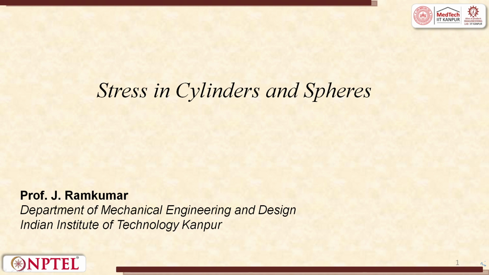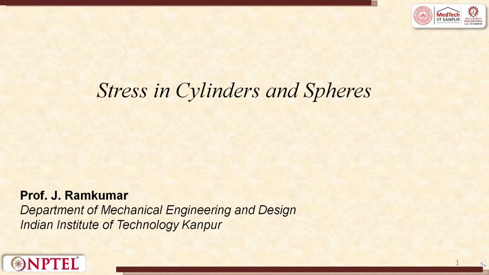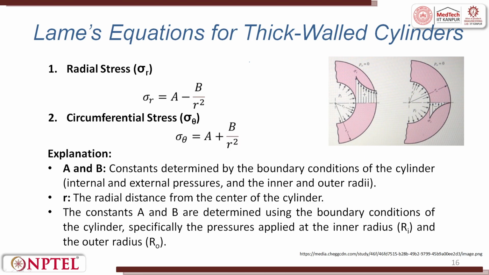Welcome to the next lecture on stress in cylinders and spheres. What is Lame's equation for thick walled cylinders? The radial stress sigma r is equal to A minus B by r square. So, what is A and B? A and B are constants determined by the boundary conditions of the cylinder, internal and external pressures, and the internal